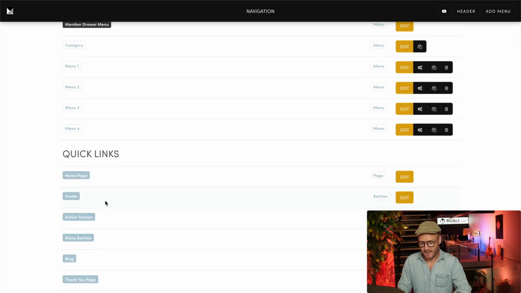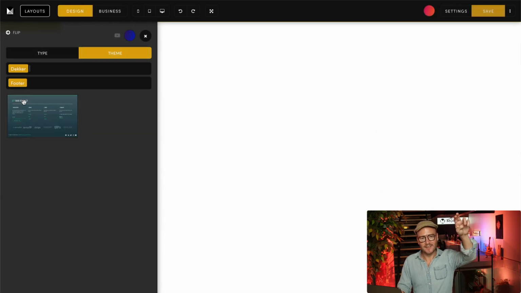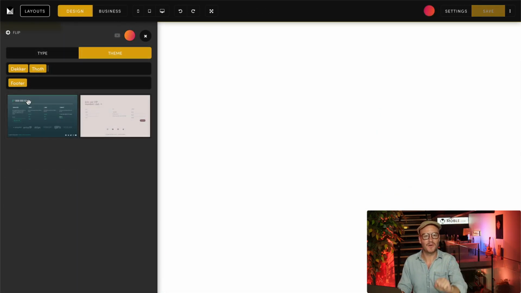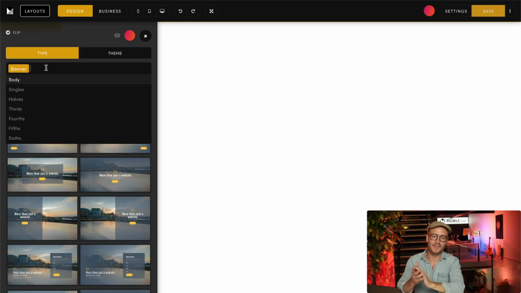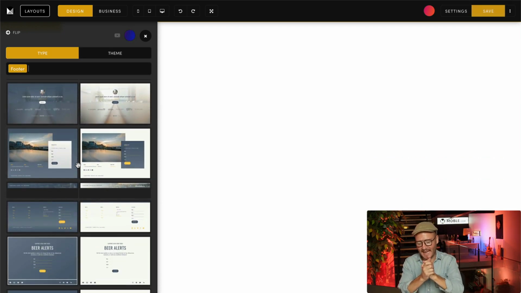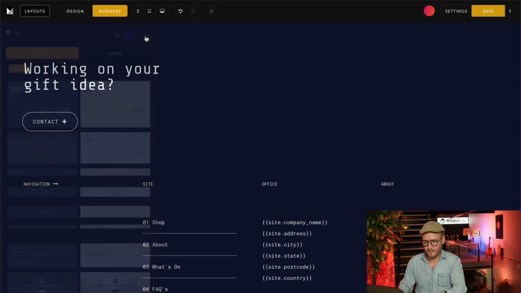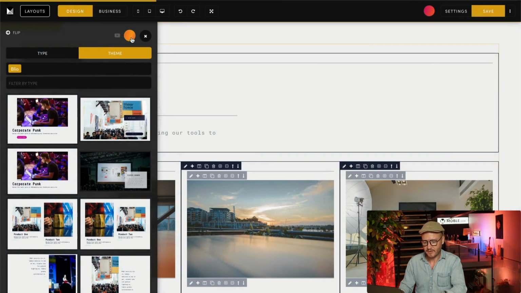The idea is, with the footer, you'll click edit, go to the layouts, search for footers, choose one that you like, hold shift, drop it onto the page, and you've got yourself a new footer. It's as simple as that. The only thing I will say, over in the layouts drawer, is that if you're looking for pages like your About Us page,